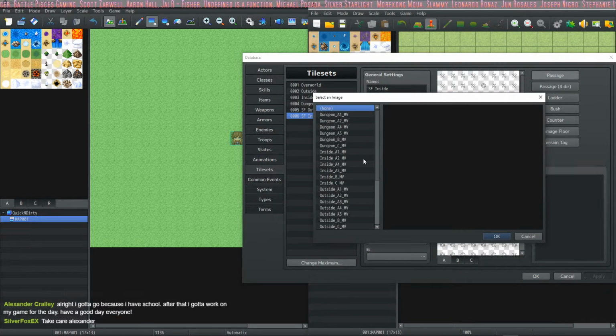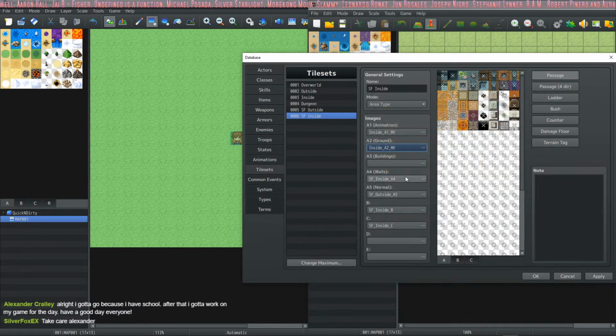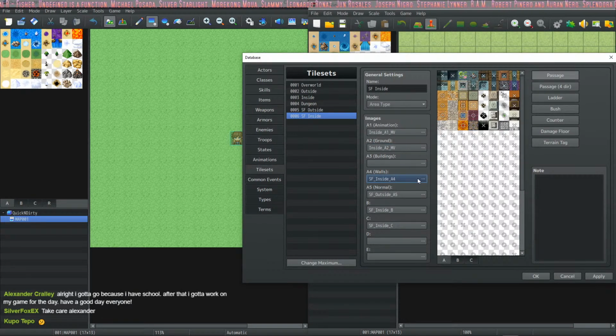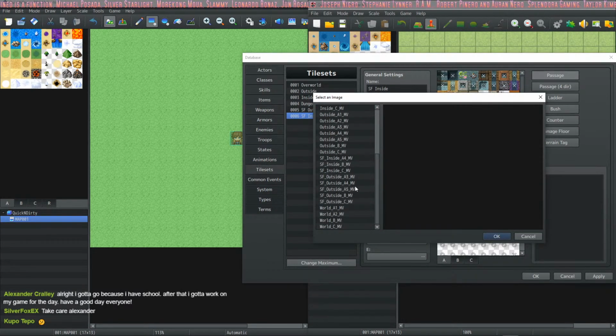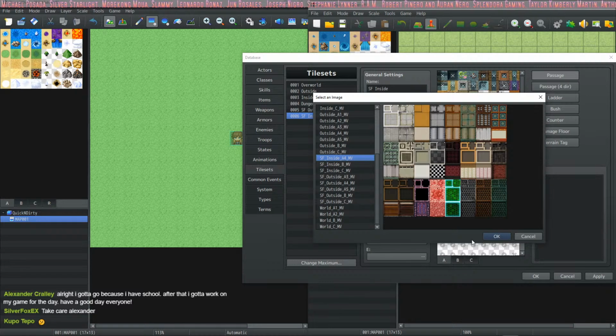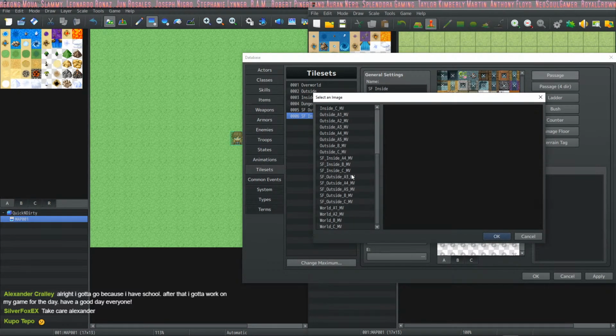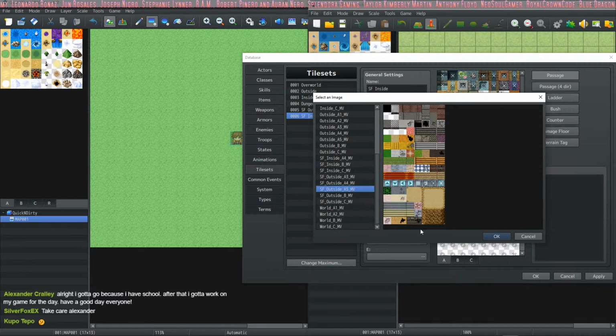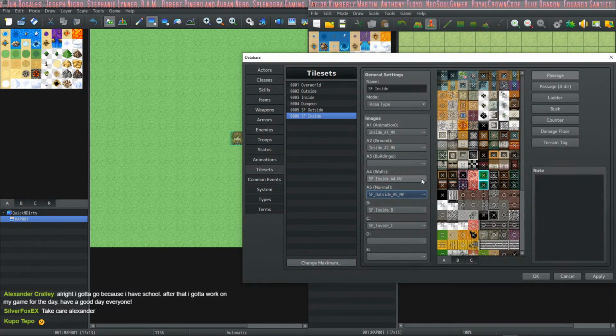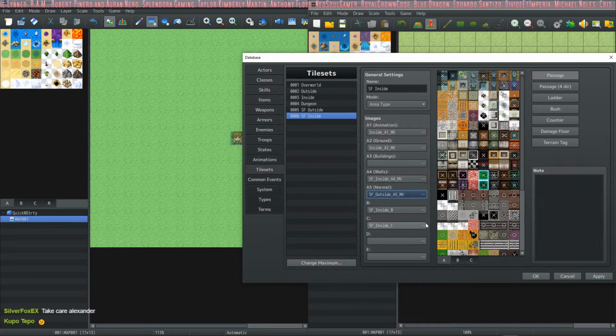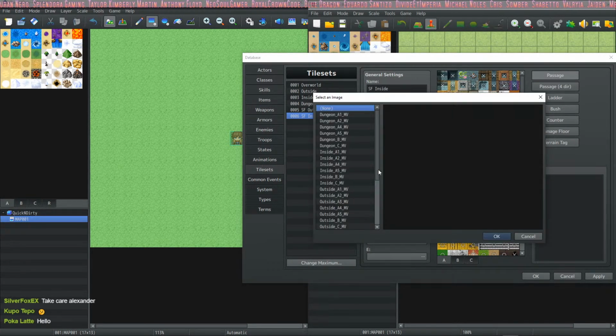Inside A1. Inside A2. Sci-fi inside A4. Sci-fi outside A5. Wait. That's sci-fi inside B.